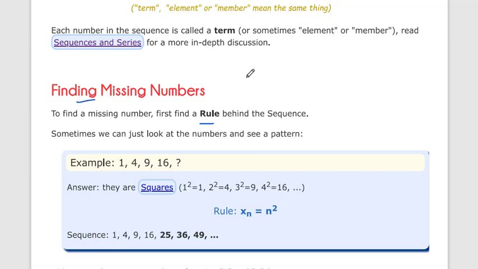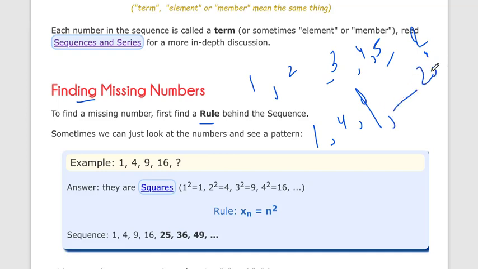In many government exams or jobs you have applied for, they have an aptitude exam. In the aptitude exam, many times they ask what the missing number is. For example, they give a sequence 1 2 3 4 5 and ask what the sixth term is. They have also asked what the fourth term is, and so on. These types of questions are asked in aptitude exams, in government job preparation.